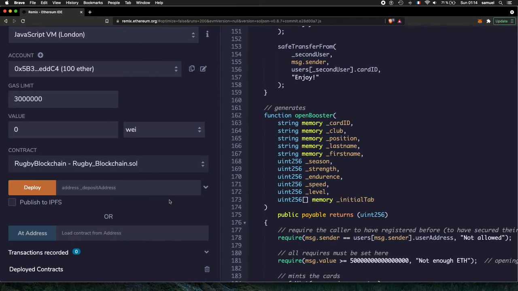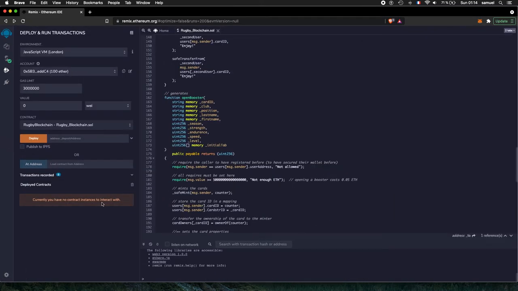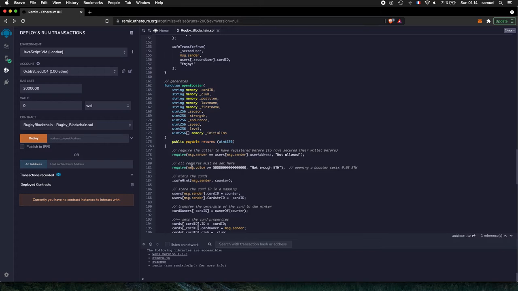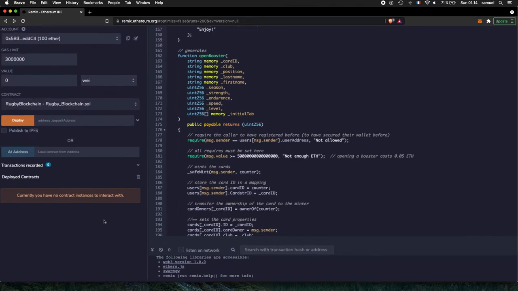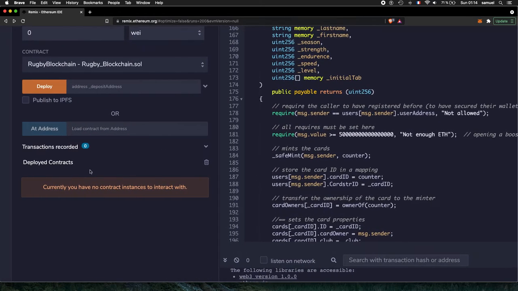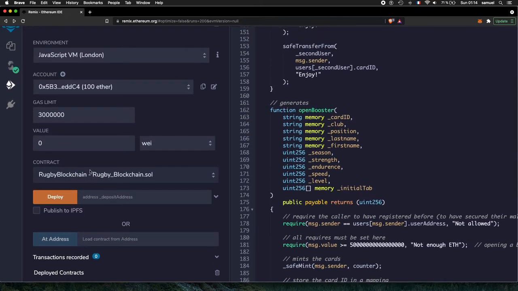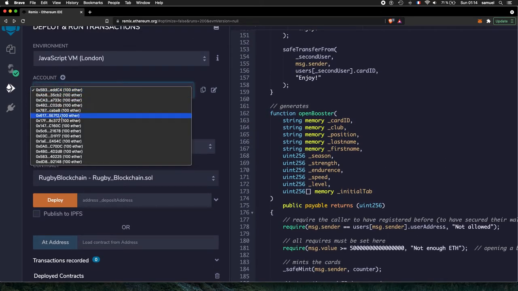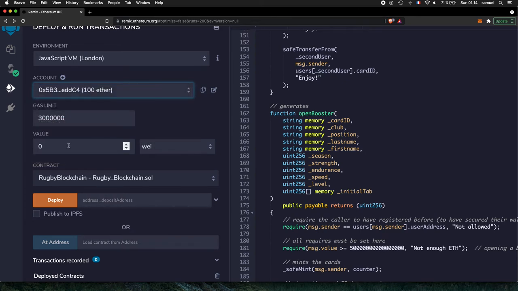Now we can come here and test our smart contract. As you can see, I'm using Remix and have some accounts defined by Remix. And first, we need to deploy